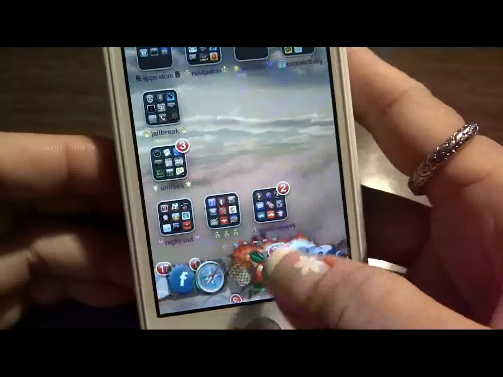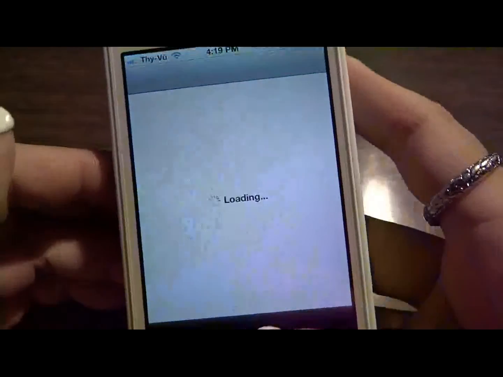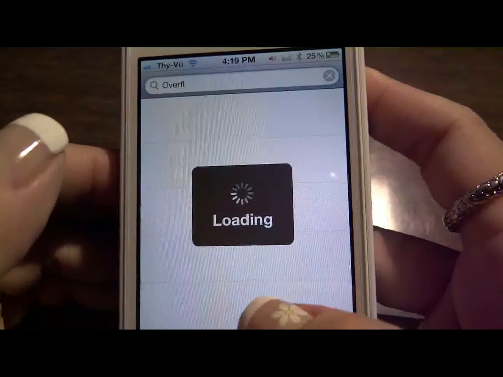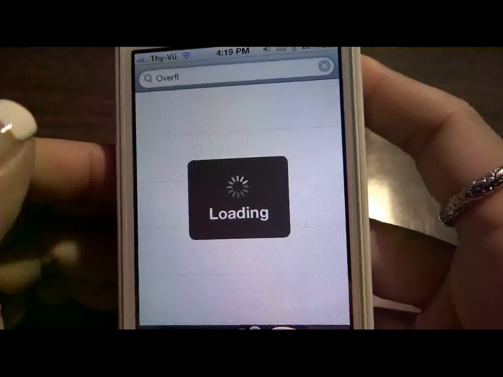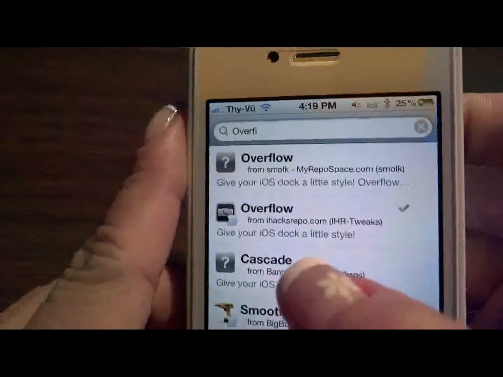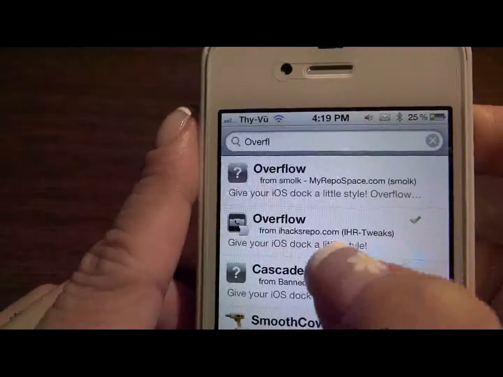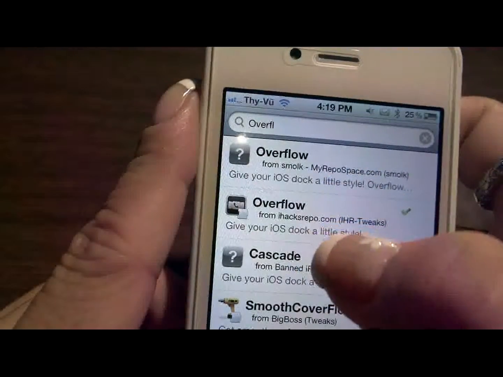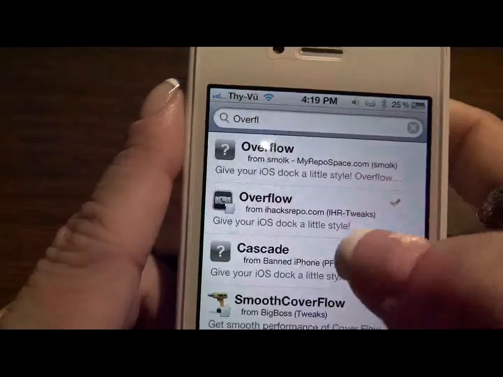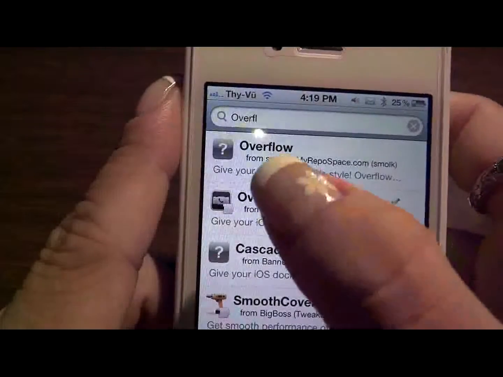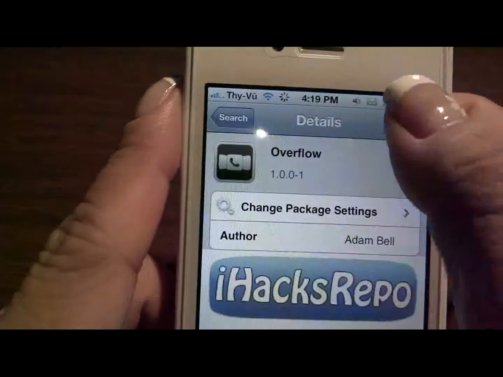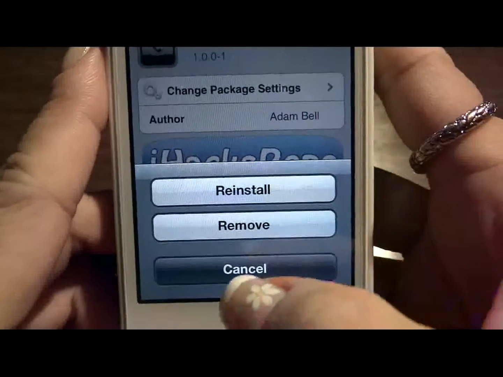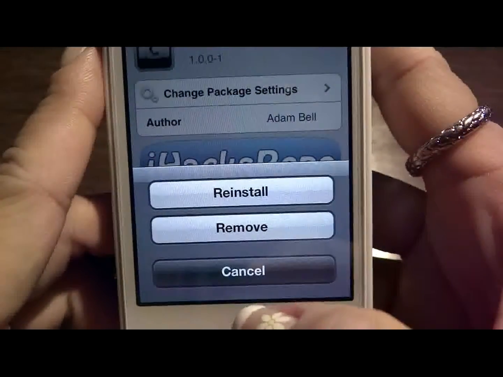And another thing I forgot to mention is that when you try to uninstall something from Cydia, I will show you in a minute, let it load up. Okay, all you have to do is choose the one that you installed. In order to distinguish, it will pop up a lot of sources that have the same thing. The one that you installed has a check mark by it, so just click into it and click modify, and you do have an option to reinstall or to remove it. So in the case of a bad source,